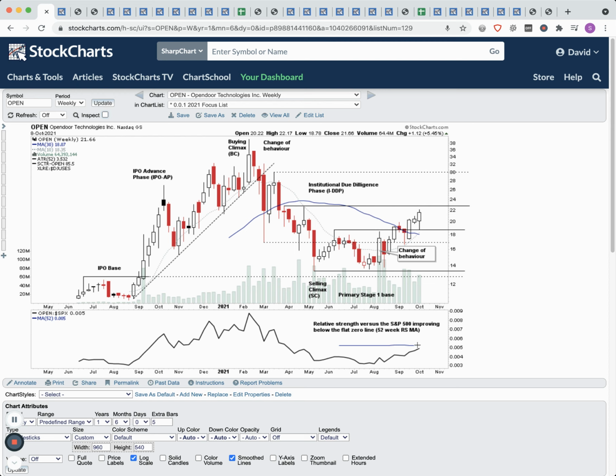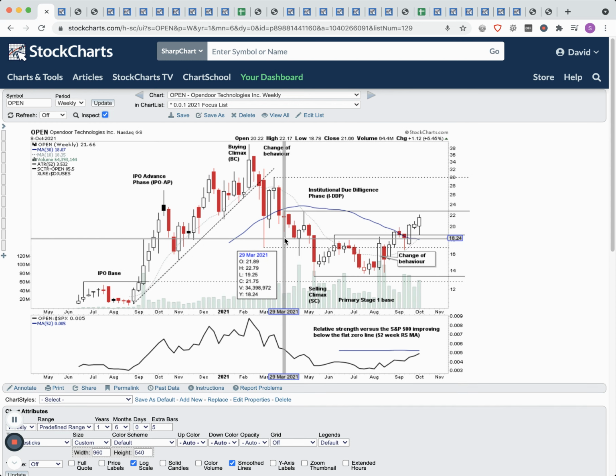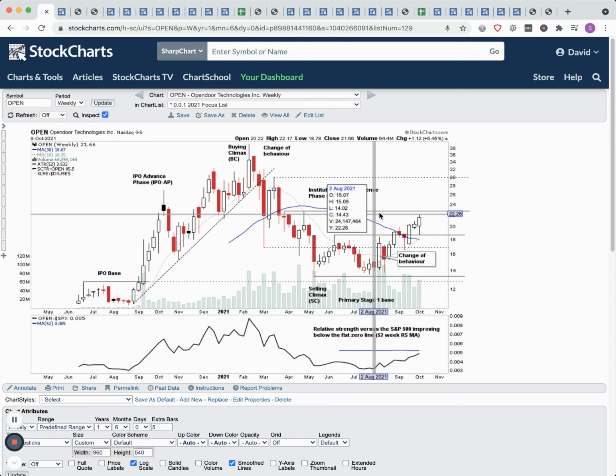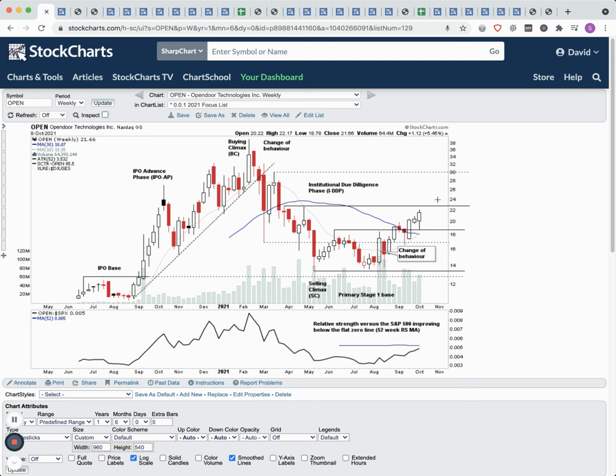And generally for when you move into stage two, so if we break out above these near-term levels here, so the top here, so 22.79, 22.65, so around the 23 level, if we chop around in here for a little bit and then move out, or immediately move out, we could potentially move into stage two, as the 30-week moving average would then start to turn up as well. We're already above the 10-week moving average there. We'd be looking for, on the stage two breakout,